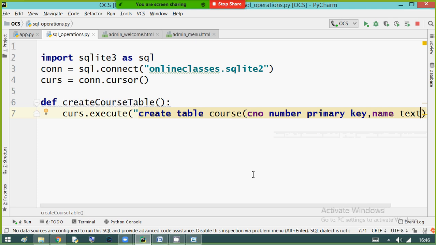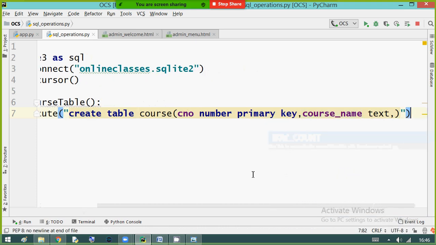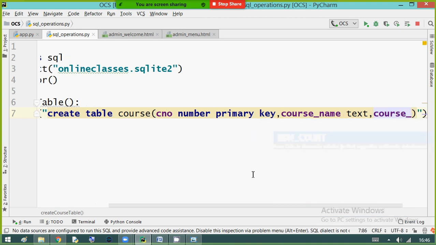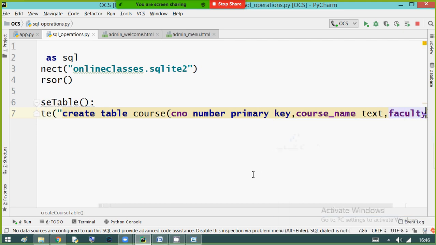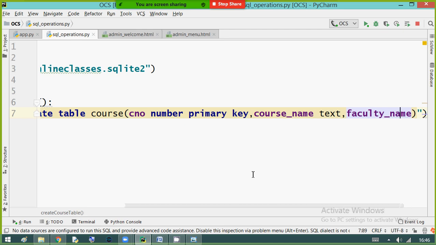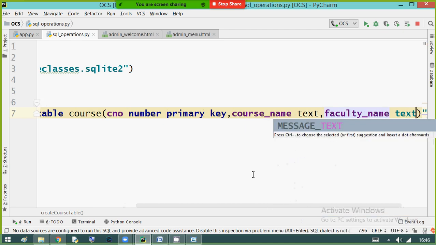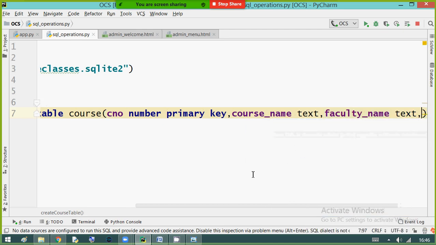If you want, you can write it completely to avoid confusion, course name. Similarly, faculty name, also text type. Comma. Column name course number, column name course name, column name faculty name.